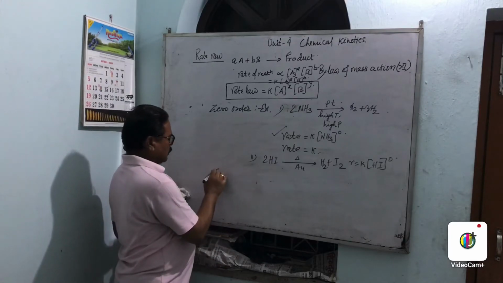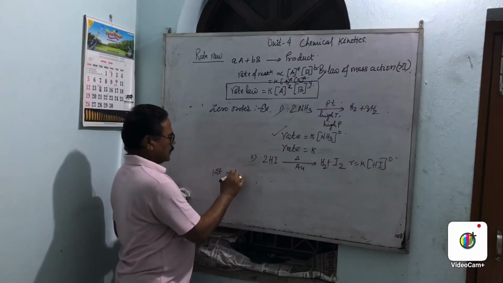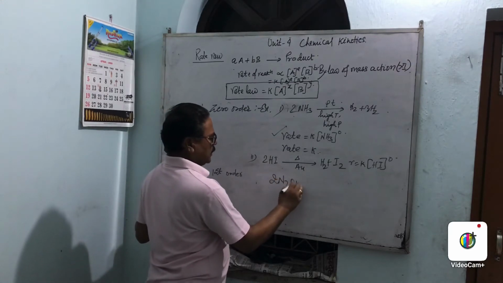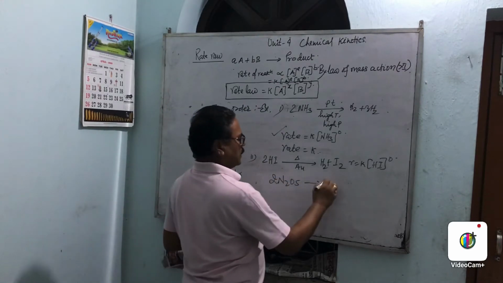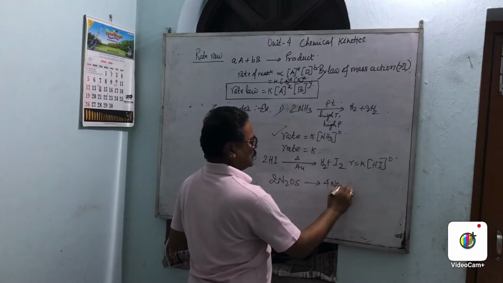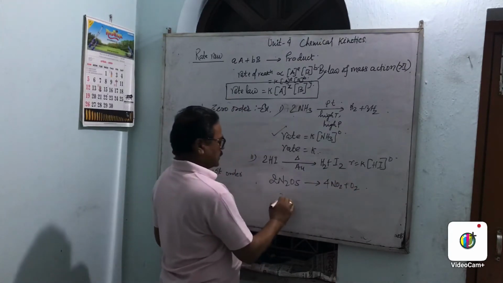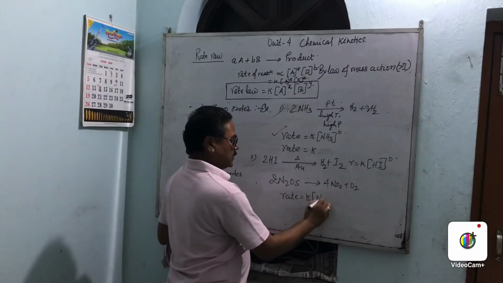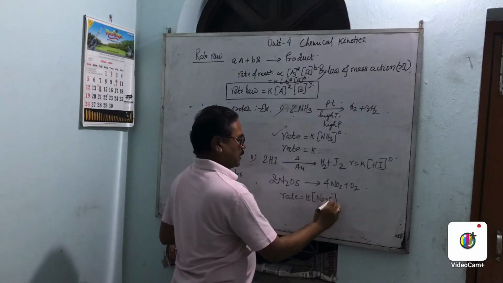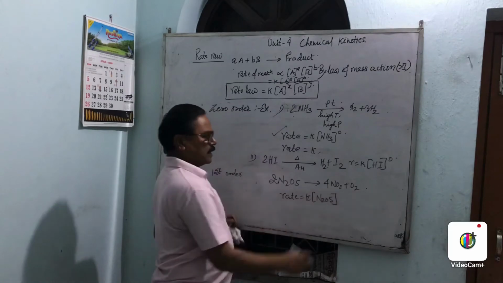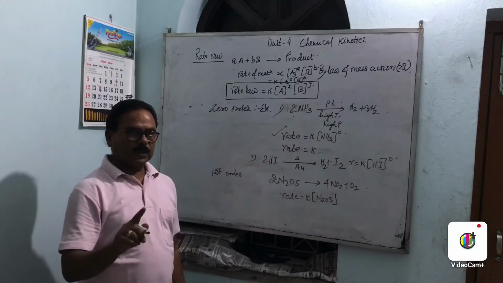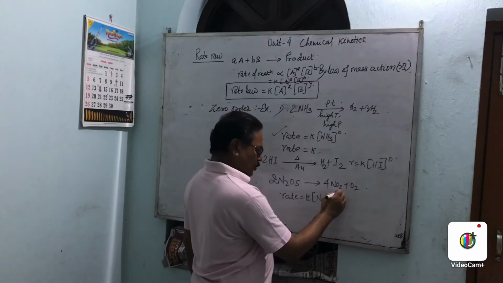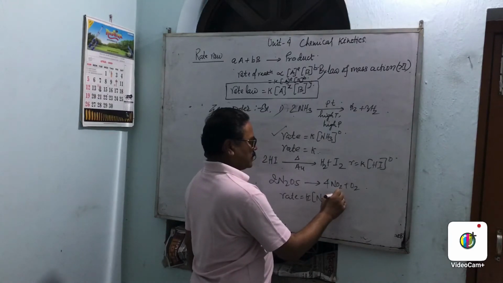Now we take the example of a first order reaction: decomposition of dinitrogen pentoxide, N2O5. This one will give 4NO2 and O2. The rate is always given, because we don't guess it; it is an experimentally determined fact. So here there is nothing written, that means 1. If it is 0, it is written. If nothing is written, it is understood that it is 1.